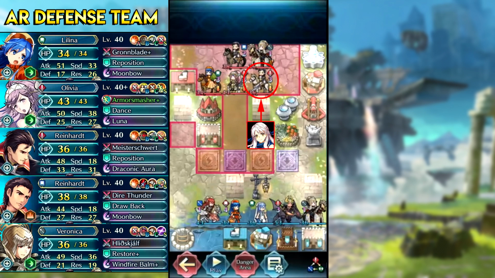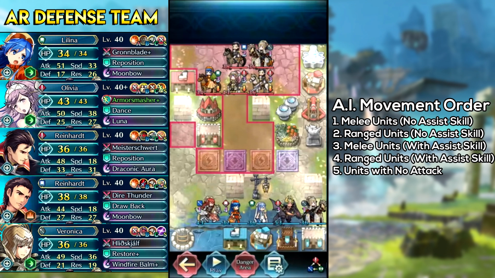Once Swordheart gets picked off by a ranged unit, your other 4 units will move in a non-optimal order. Your ranged cavaliers will move after Olivia, and this is because of how your assist skills are set up. Melee units with assist skills will move before ranged units with assist skills. In order to make every single ranged cavalier on your team move before Olivia, you have to unequip their assist